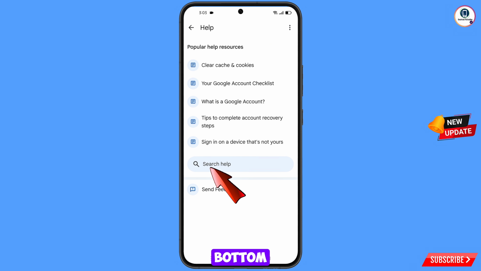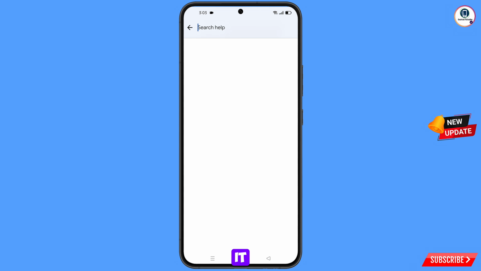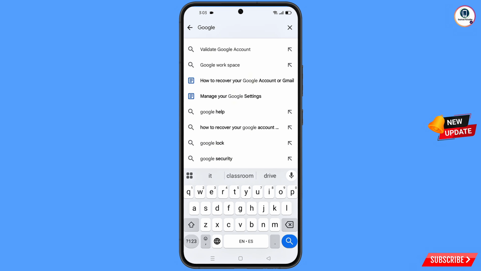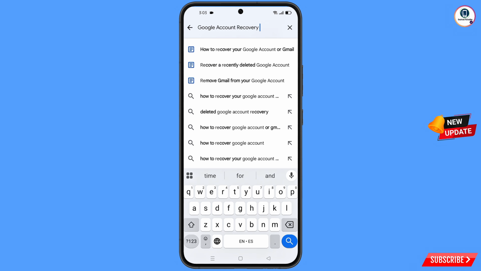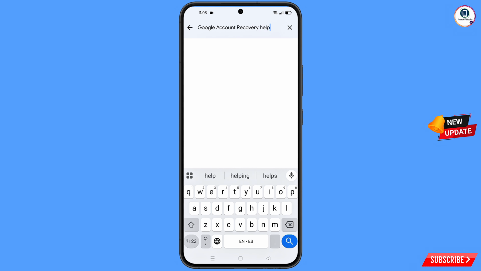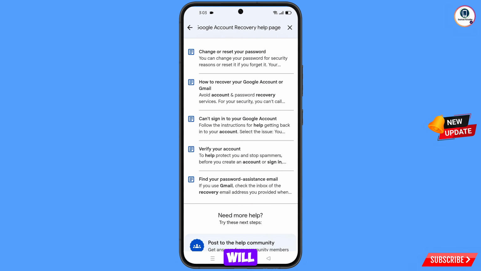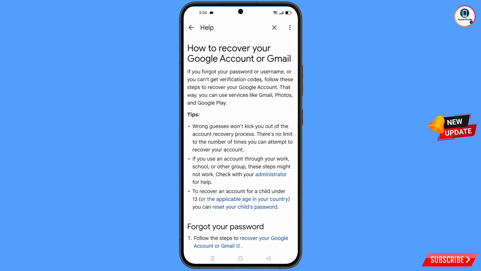And then here in the bottom you will see search help, tap on it and here you have to type and then tap on search and then you will land here and here you will see bunch of options. From here you have to select the second option, scroll down